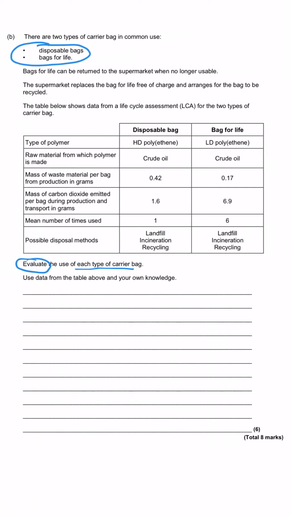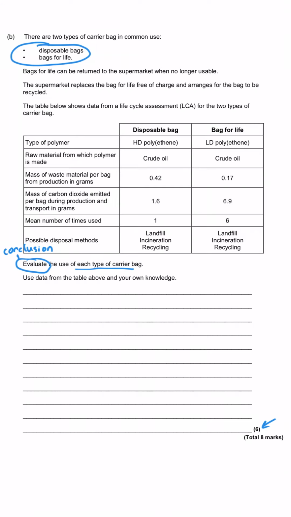So my suggestion here, first of all, actually, when you're asked to evaluate, you need to make a conclusion. If you don't make a conclusion, you can't access the level 3, the 5 or 6 out of 6 marks that are available, and you're limited to a maximum of 4. So we must remember to make a conclusion. Sometimes they don't mind which of the options you choose, you just need to be able to support your answer. I think here there is actually a clear winner for me, and we'll get to that in just a moment,